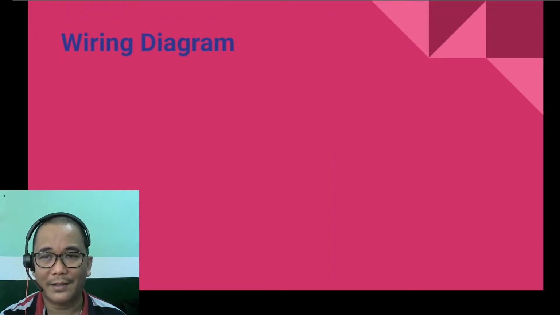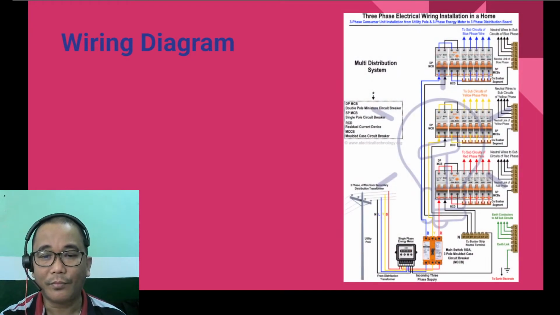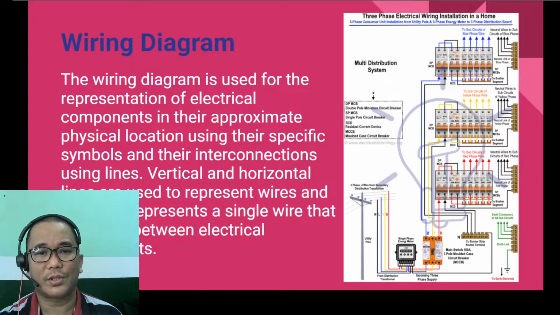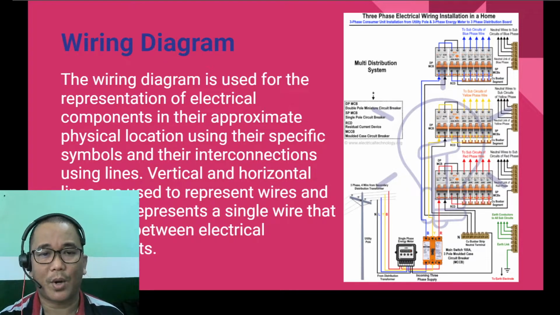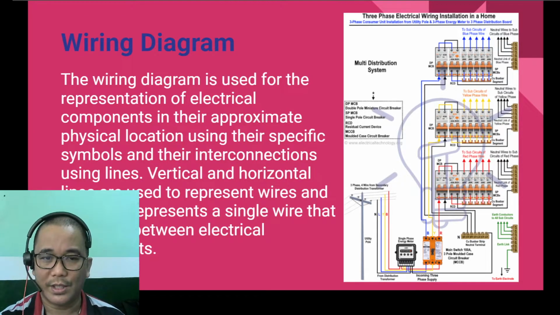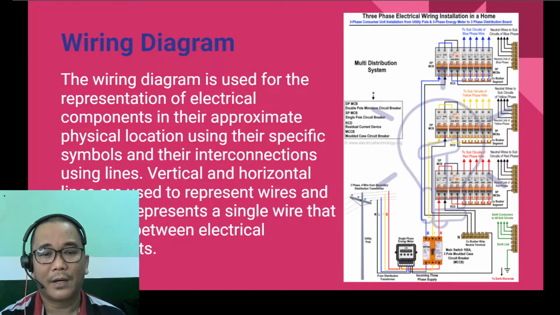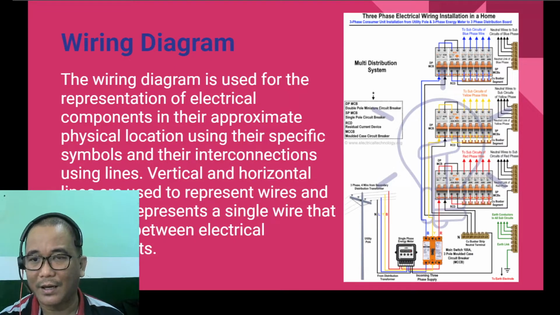The next one is what we call the wiring diagram. The wiring diagram is used for the representation of electrical components in their approximate physical location using their specific symbols and their interconnections using lines. Vertical and horizontal lines are used to represent wires, and each line represents a single wire that connects between electrical components. Wiring diagram shows